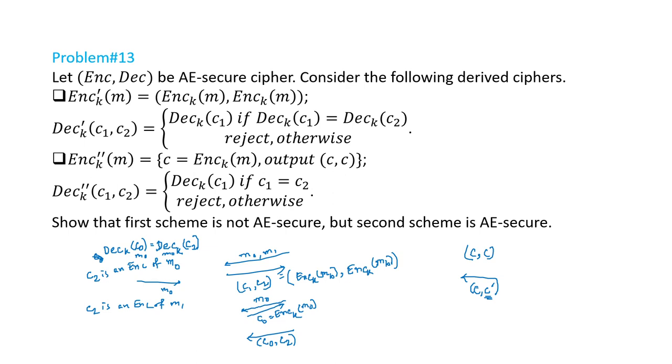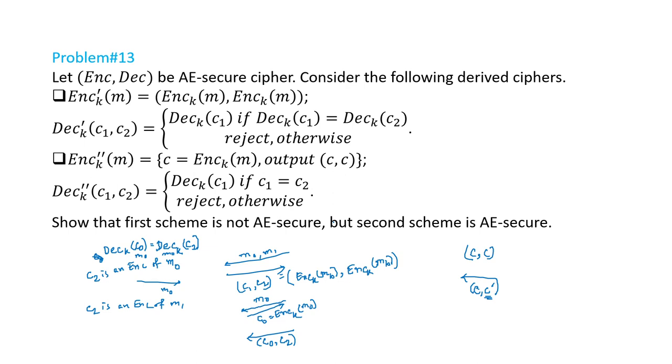You cannot do that because it checks the equality of these two parts of the ciphertext. So this kind of attack will not work in the second case. So you can see that the second scheme is indeed CCA secure, and you can also check for the ciphertext integrity,